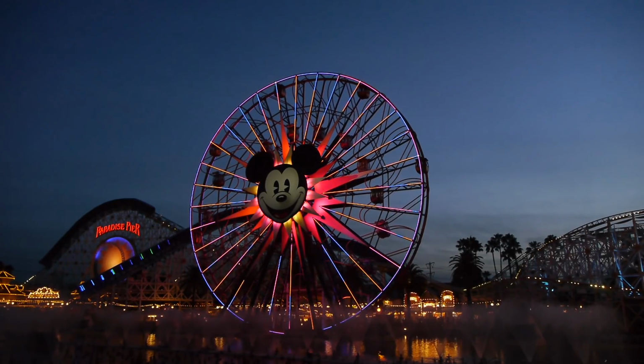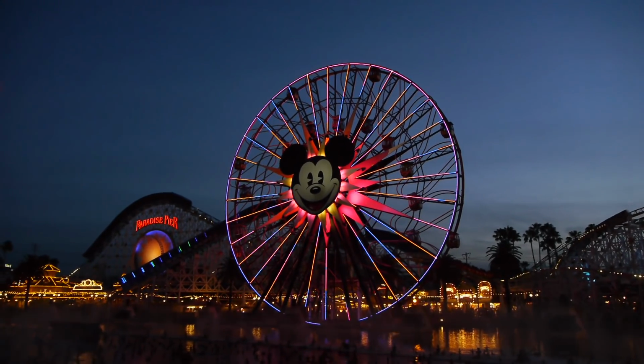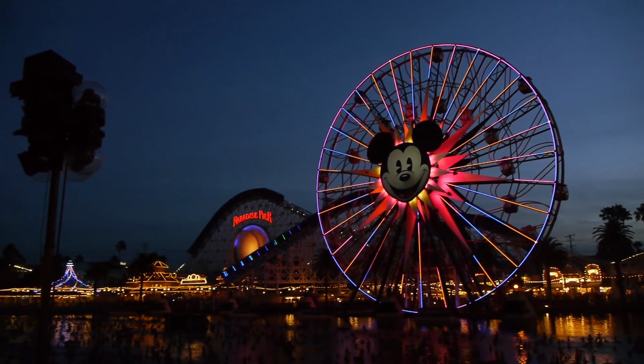Well, we're back walking without Walt again this week. And as it happens, walking without Paradise Pier. Yeah. So things go away. Things change. But one of the things they did for Paradise Pier,